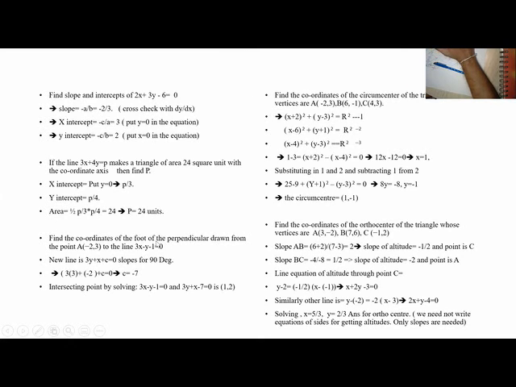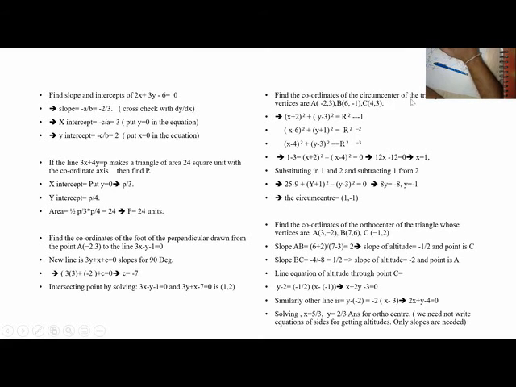Find the coordinates of the foot of the perpendicular drawn from the point to the line. So I want the line perpendicular to the line, 3y plus x is 0, so 3y plus x plus c is 0. So I put this point in this line, I get the c value, so I get my line. The slope is perpendicular, y is mx plus c. With this c, if I substitute the point, I get the value of c. So I get the total line. And what is to find out? You can find out the intersecting point also. We have to solve these two equations and we get the intersecting point.